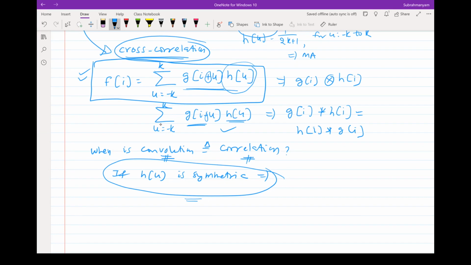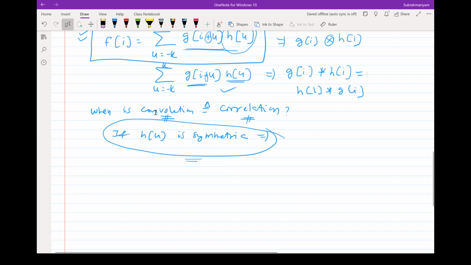So if you have a subroutine in your program that computes convolution, you could still do the operation by simply giving it a mask which is a flipped version of the original mask that you are going to use for performing certain operations like denoising, and that would serve the purpose, and vice versa. So convolution and correlation are quite interchangeable by simply flipping the mask, and of course when your mask is symmetric, the original mask is the same as the flipped mask, and convolution is the same as correlation.